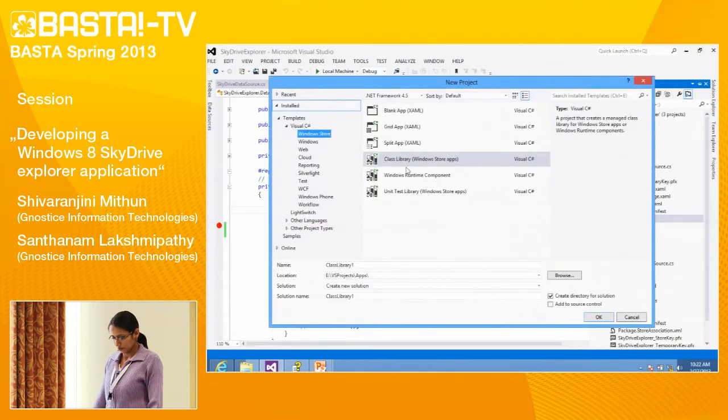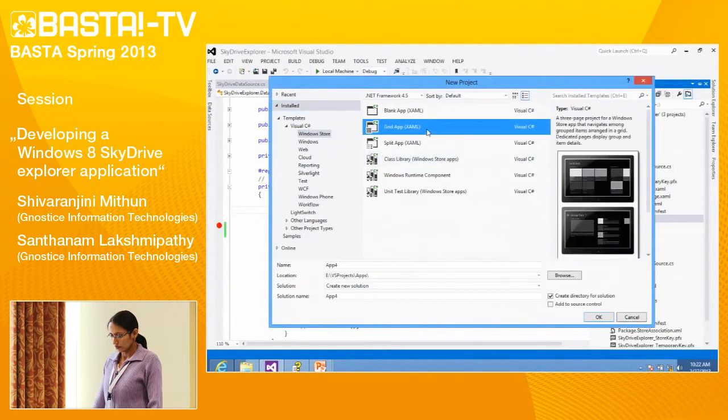I will be taking this Grid app as the base project to develop the SkyDrive Explorer application. This Grid app project is suitable for representing grouped hierarchical data elements. So we need to show a hierarchical folder structure in our application, and for that we are choosing this Grid app as the base project.